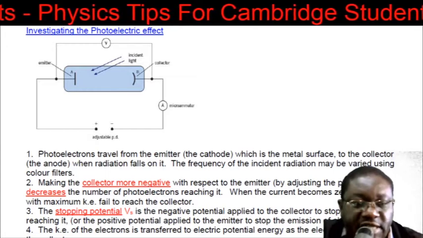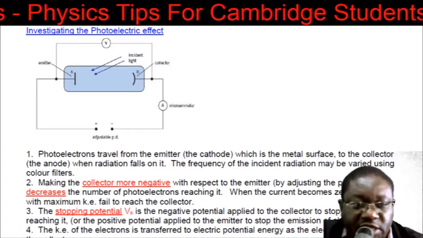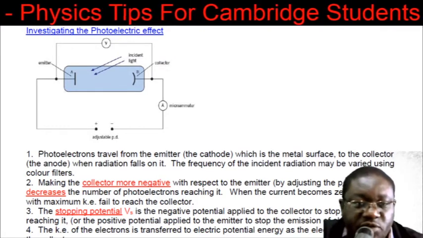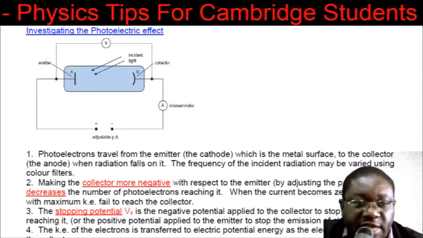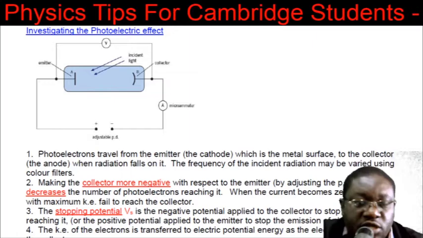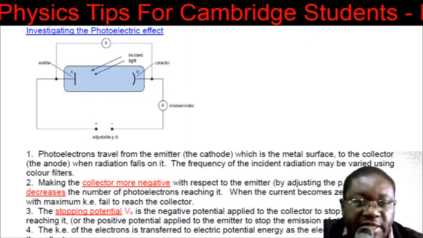Right, so I said that at first this is negative. Now we start adjusting the anode so that it becomes more negative. That's what you're now seeing there. It's now being made negative. As you adjust, it becomes more negative, such that the electrons emitted from the surface are repelled by this collector, so that very few electrons reach there, and then we keep on adjusting until